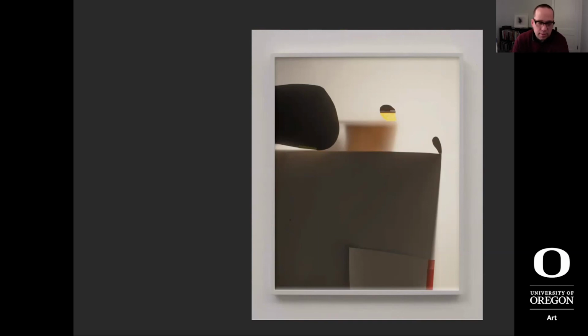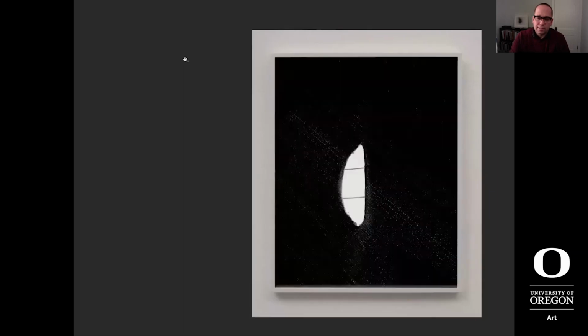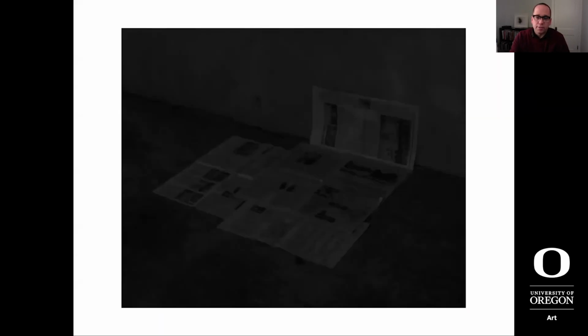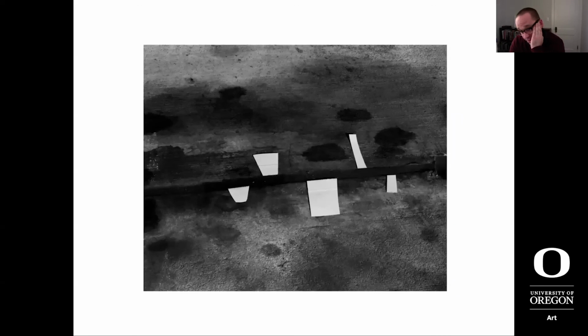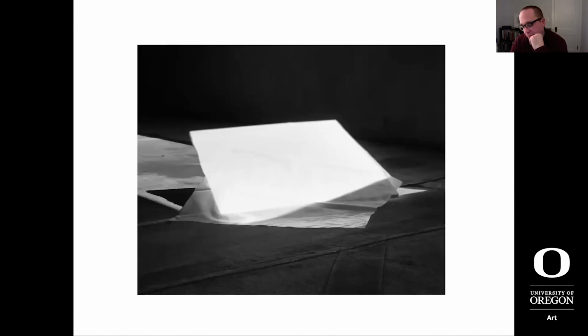Let me see. Let's see here. How can I go to this? So let me go back to this image here. Okay, so these two images here, and this is a project called Pack Ice. These two images became the beginning of when I lost my studio. And so I started creating temporary works in a parking garage. And so that became the space that I had to work.